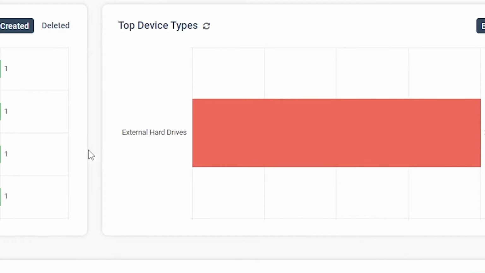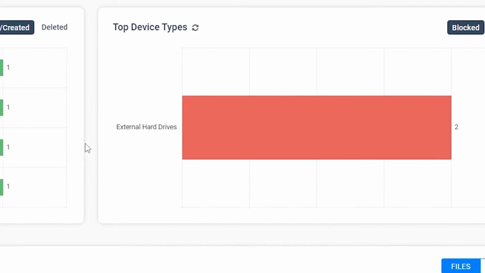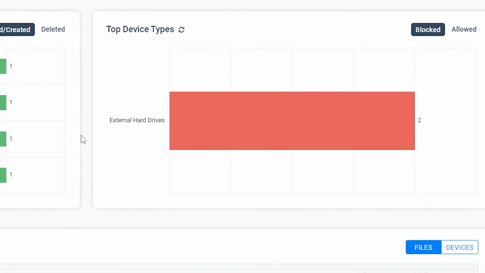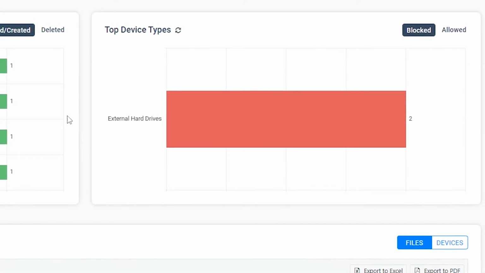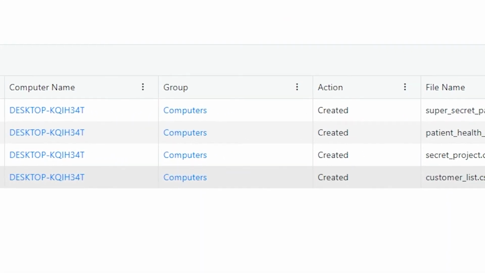Since Access Patrol is currently blocking any devices that are not explicitly allowed, I know that the only way sensitive data is leaving through a USB drive is if it's a device that we've allowed before. So, let's take a closer look at how they've been using their approved devices. As you can see here, the types of files that they are transferring are more than capable of containing sensitive data. Let's take a look at the file names for more details.